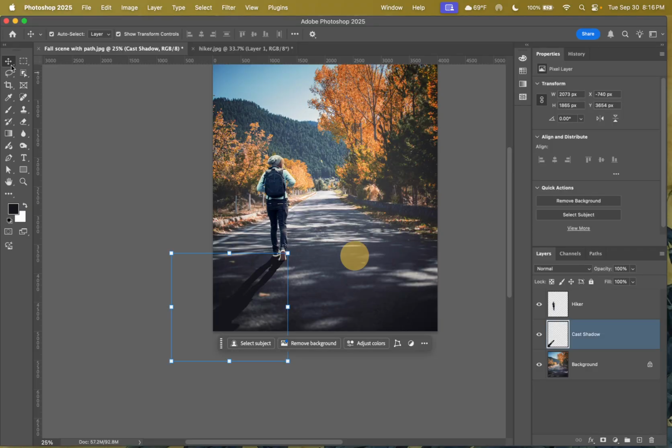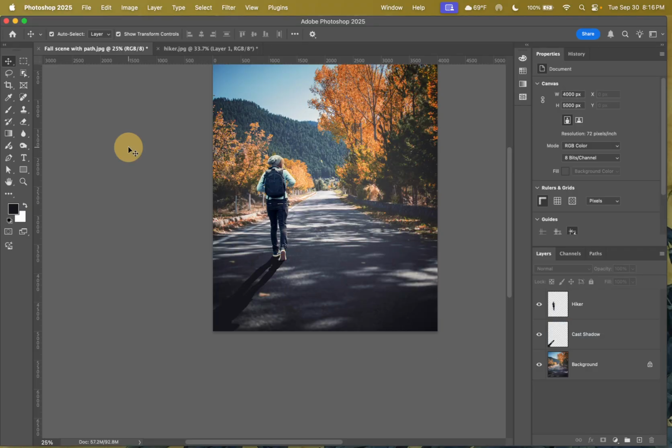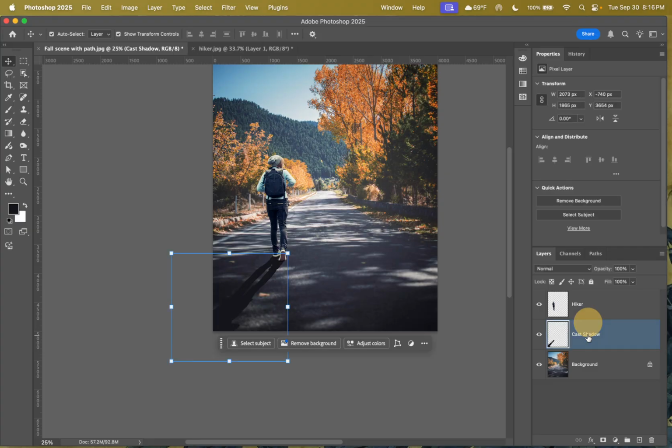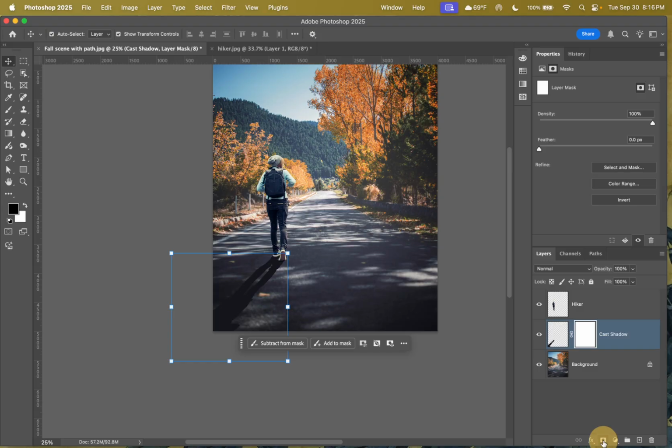Now I have a Cast Shadow in here, but as Cast Shadows move away from an object, you can see that they start to fade as they go this way. So the next thing I need to do, I'm going to make sure that I'm only working on the Cast Shadow. From here, what I'm going to do is make a mask. So I'm going to click on the mask tool here, and then I'm going to come to my gradient tool. If you don't see the gradient tool, it's actually embedded under the paint bucket tool. So I'm going to get the gradient tool,